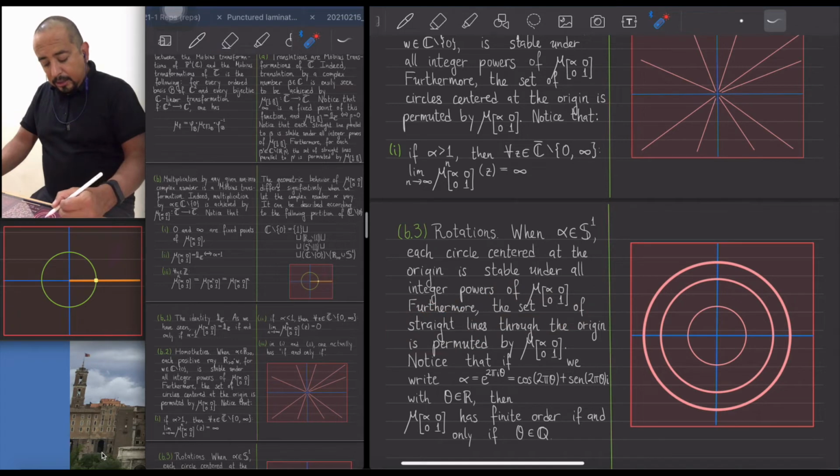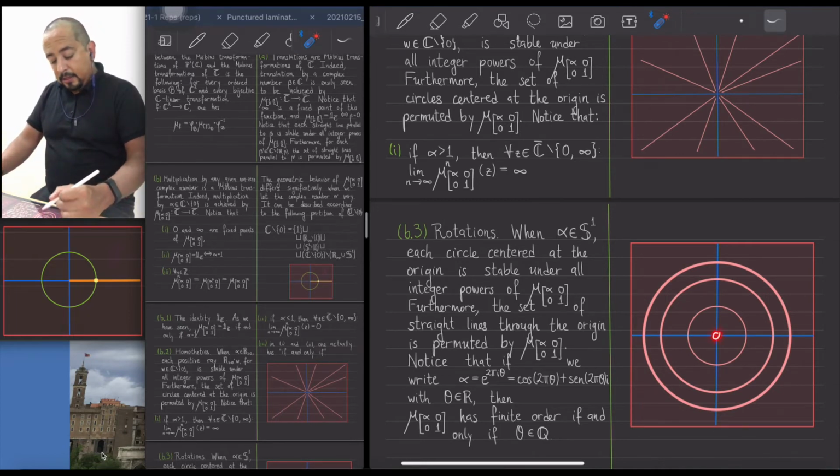I think I actually prefer the open rays, because somehow I'm interested in foliating C bar minus the fixed points, okay? And this one of course has one of the fixed points. Anyway,